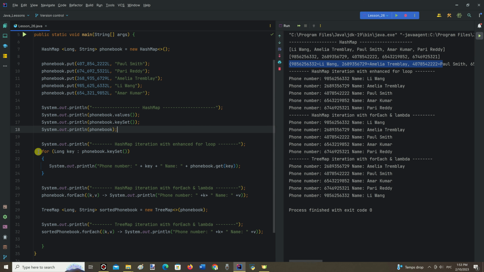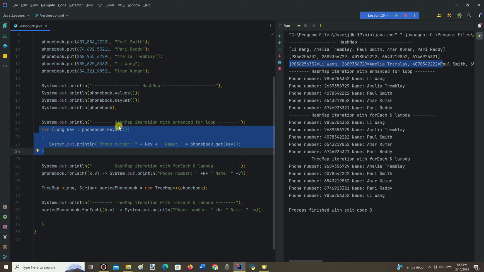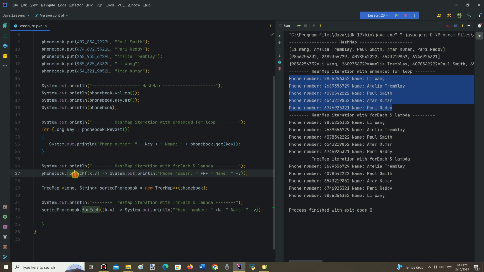And by printing the whole hash map by its name, it prints entries with no insertion order. We can iterate hash map with the enhanced for loop and pretty simple syntax. We can see it right here and the result of it right there. For the most concise and elegant way, we use forEach method with lambda for iterating the entire hash map.